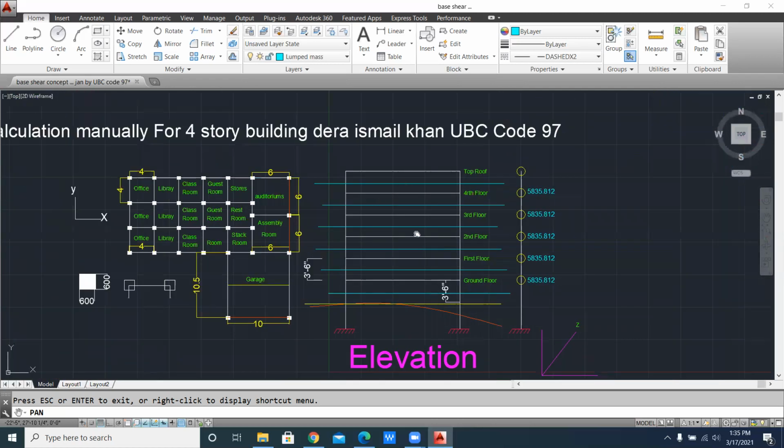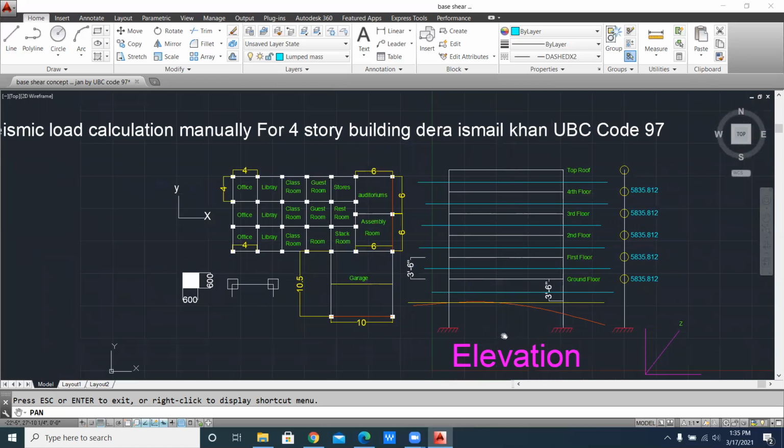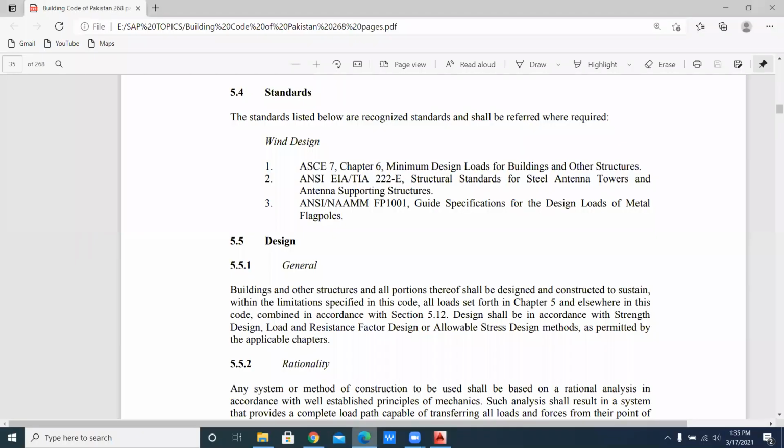So all these steps are easily and very detailed, and can be understood in your further classes if you see part 2. This is normally detailed. This is actually our basic concept of the elevation of the building. The other thing is how we will find out the seismic load of the structure.